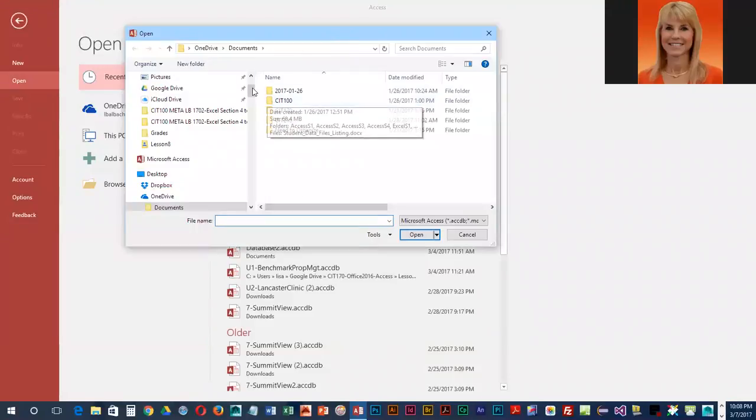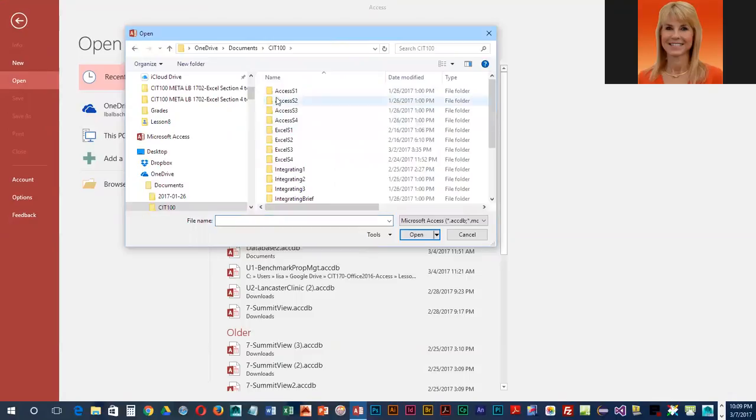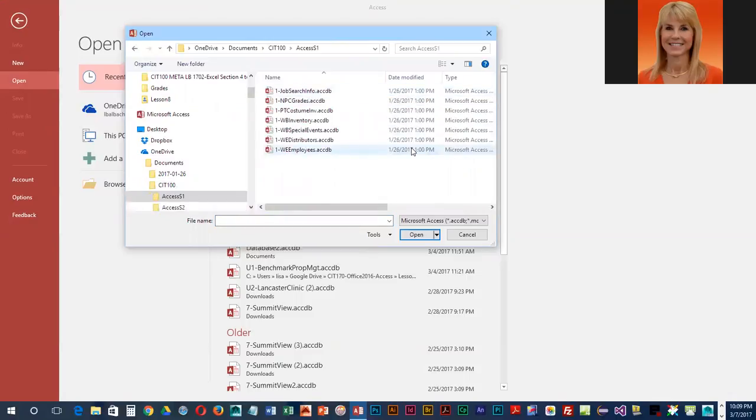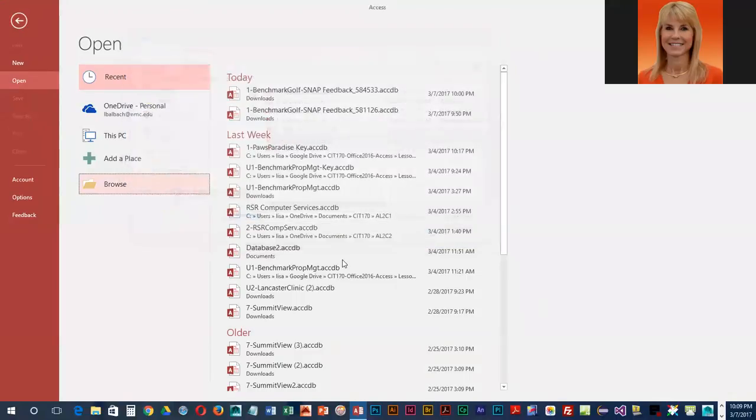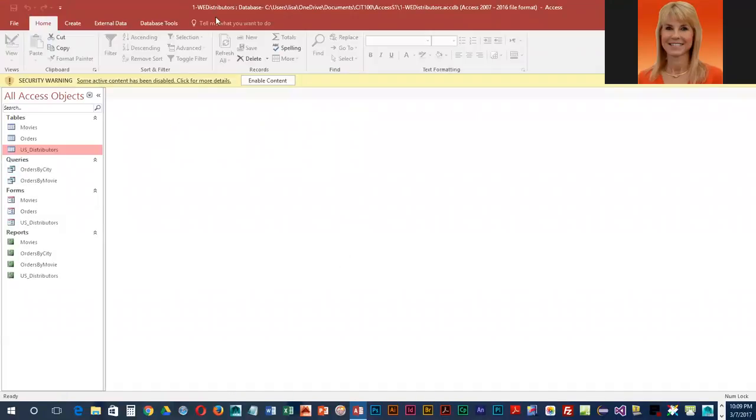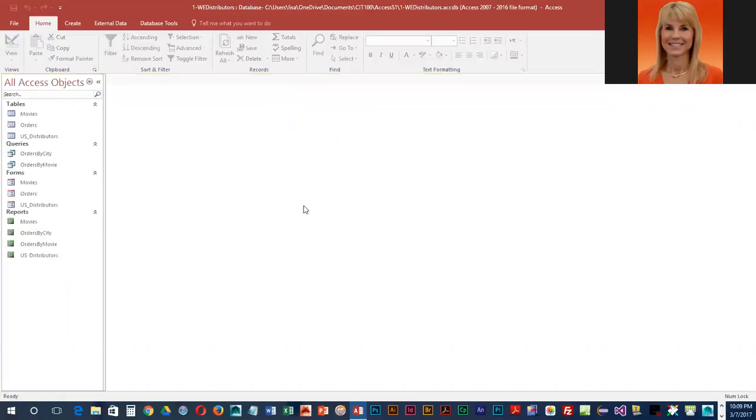And we do need to navigate to where your files for class are. And you're going to go open up your Access S1 folder. And the file that we want to open is 1-WE distributors. And when you first come into Access, you do need to enable the content. And once you enable the content, you're going to be able to view the various objects that are in the